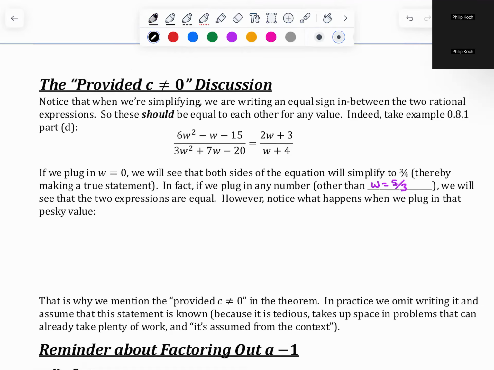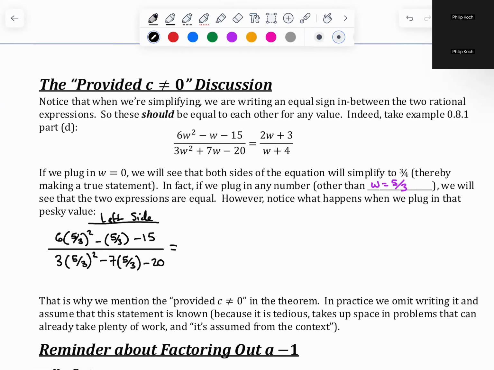So the left-hand side, what you'll get is 6 times 5/3 squared minus quantity 5/3 minus 15, all divided by 3 times 5/3 squared minus 7 times 5/3 minus 20. And if you plug that into your calculator, because I don't want you to do that in your head, that's too many fractions to work with at one time. That's annoying. If you plug it into your calculator, you will get 0/0